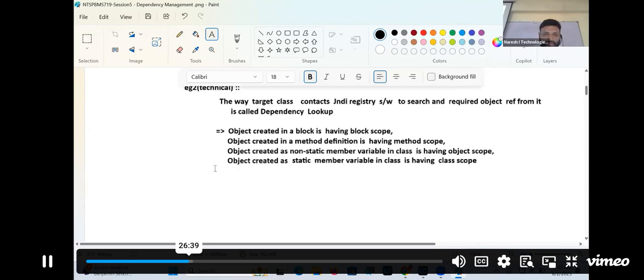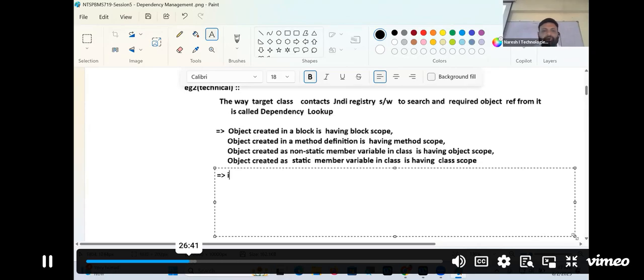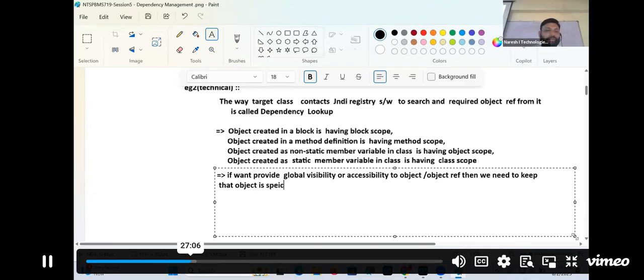But if you want to provide global visibility or accessibility to an object or object reference, then we need to keep that object in a special